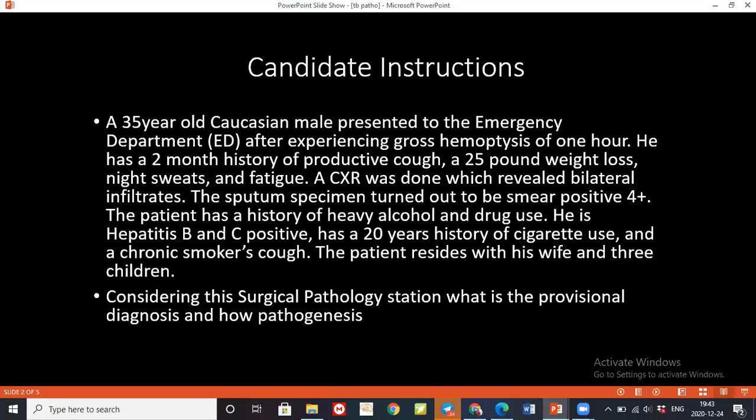If it's ARDS, the pathogenesis has three stages basically. The first is the stage of inflammation. At this stage there is vasodilatation in the pulmonary vessels and increased permeability, so there is movement of fluid from the vessels into the tissues, causing pulmonary edema and a reduction in aerated airspace, which leads to a reduction of the ventilation-perfusion ratio and type 1 respiratory failure.